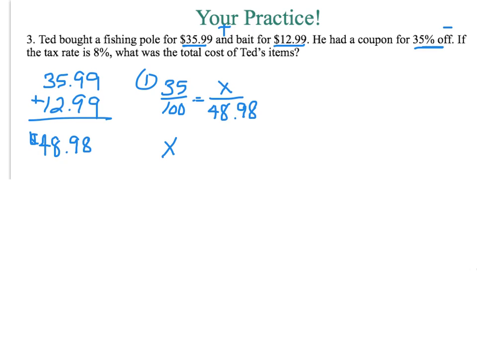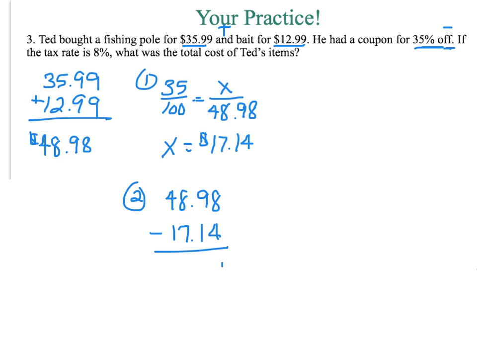And when you solve for x, you should have gotten $17.14 as the discount, how much he gets to take off. Which means our second step will be to subtract. And so the sale price of the items is